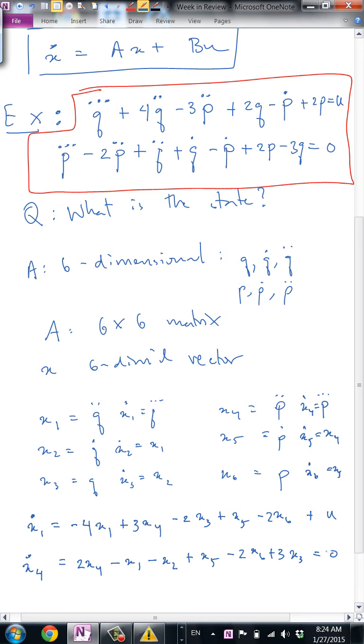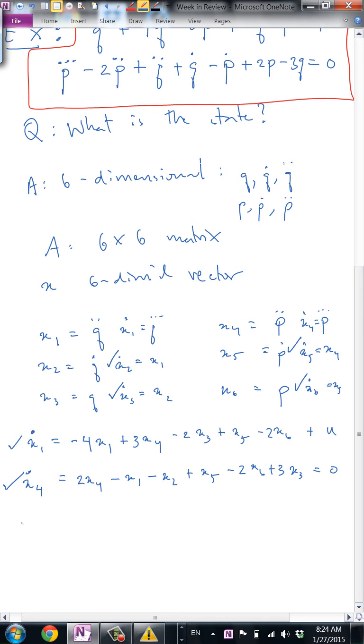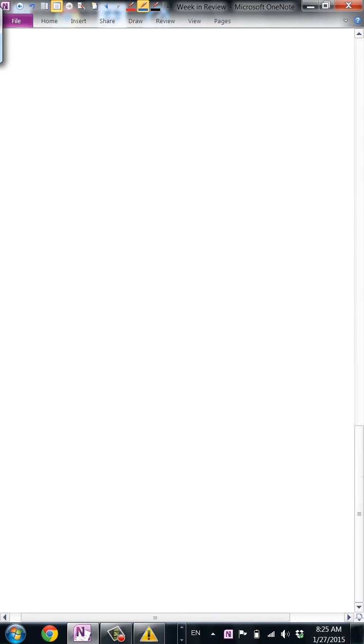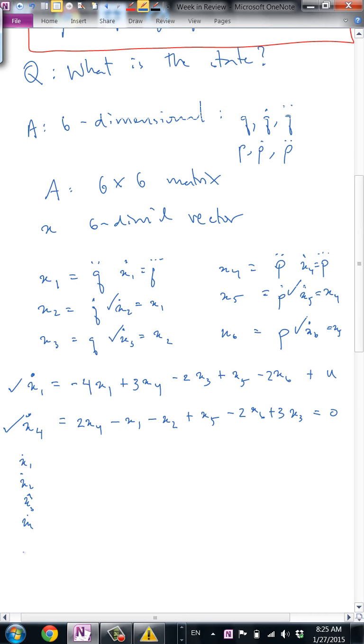So note that now we have equations for x1 dot, x2 dot, x3 dot, x4 dot, x5 dot, and x6 dot, all in terms of x1, 2, 3, 4, 5, 6. So we can now write down our matrix. So we've got x1 dot, x2 dot, x3 dot, x4 dot, x5 dot, x6 dot is equal to